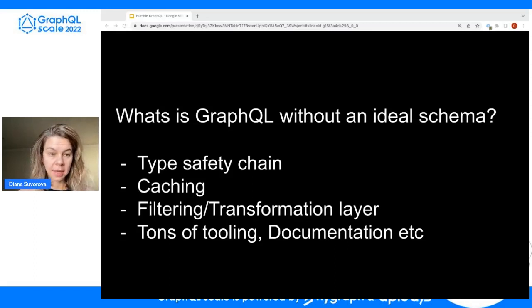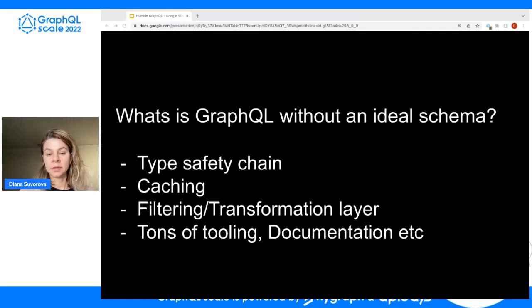Caching, and here I would mainly mention client-side caching. Our backend caching, which comes with GraphQL and data loader patterns, is quite hindered by our not perfect schema, let's say. We still use those patterns, but they're not as effective as they would be if we had perfectly defined types and ways to get them.